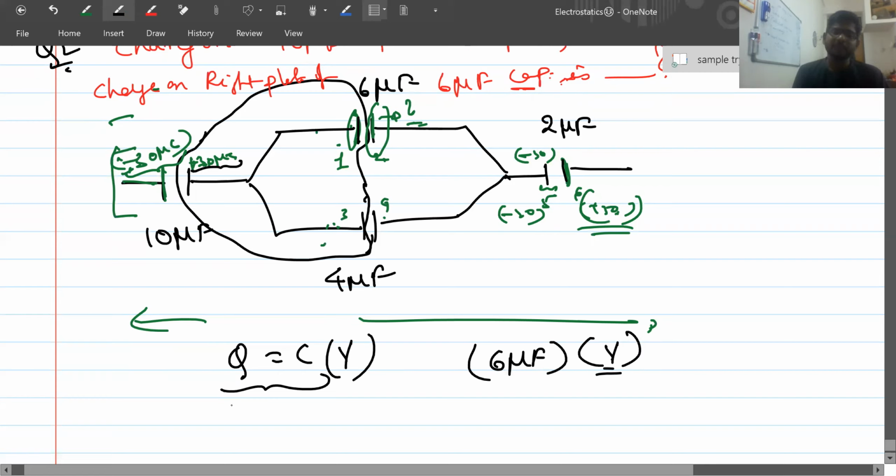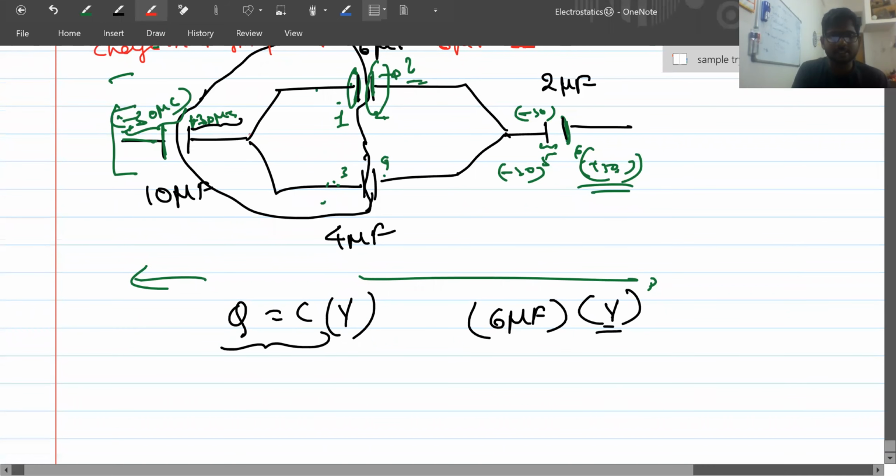That will be difficult to find out, but how will the charge be distributed among them? One point here, these are parallel. This one I consider A, this one I consider B. These two capacitors are parallel, but the charge on them is actually what? The entire charge should be plus 30 microcoulombs or minus 30 microcoulombs in magnitude, because one plate will have negative, another plate will have positive. So they are parallel. The potential drop between them should be equal, right?